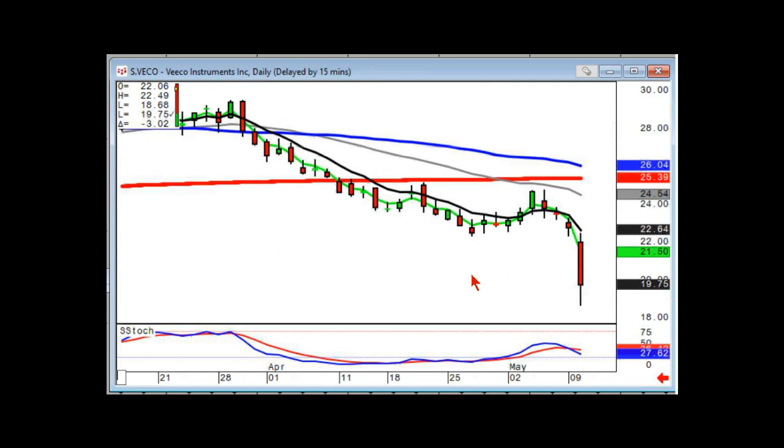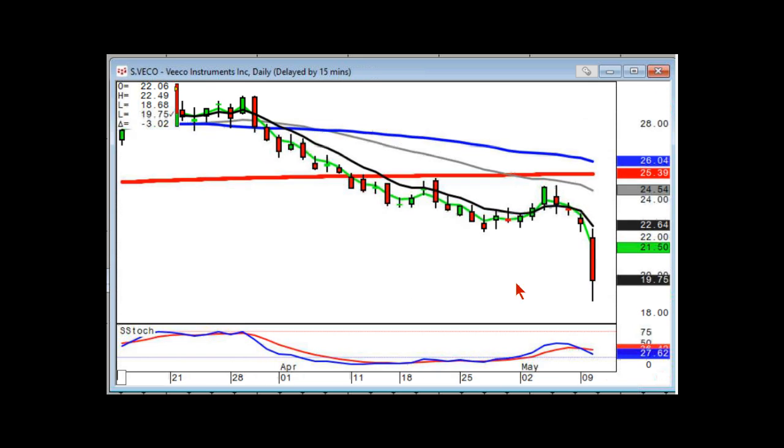So look at this one, Vetco. Where would you have started going short? Look at your bearish engulfing signal that closed below the T-line, started trading lower. Where would you have covered your short? Probably right in here. But then remember our observation that if you see something gap down and close at the low end of the previous day's trading,